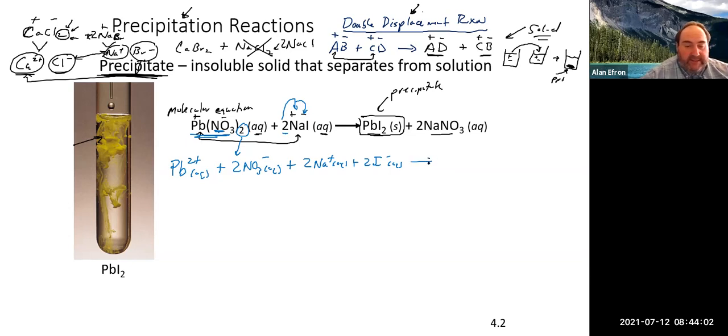Now on the product side, we get something that is made into a solid. In order for something to be a solid, it has to actually stay together. So in this case, we would not break apart this guy because it is a solid. And typically speaking, anything that is a solid, a liquid, or a gas, we pretty much do not break apart,